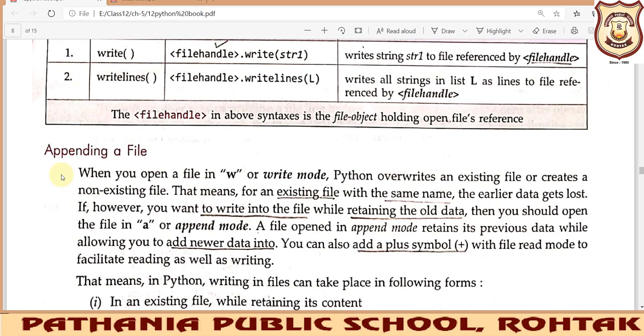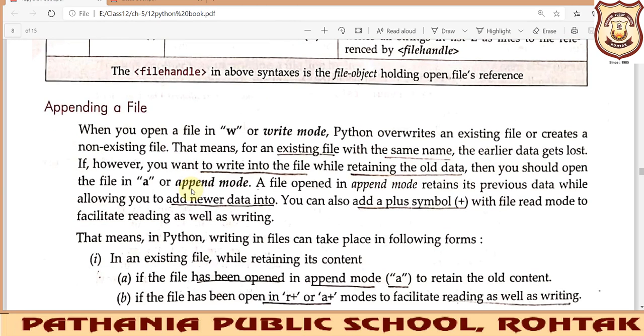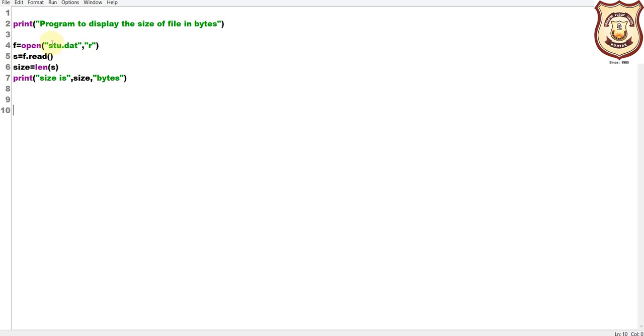Before I execute the program for the append mode, we will see one or two programs. This program I have made to display the size of the file in bytes. Whatever file you have opened, we want to check how many bytes, that is how many characters, are in that particular file. To check the length of the file, you need to open the file first. We use a file pointer, or file handle, or file object. So f is our file handle, and we have opened the file, stu.dat actually is the name,